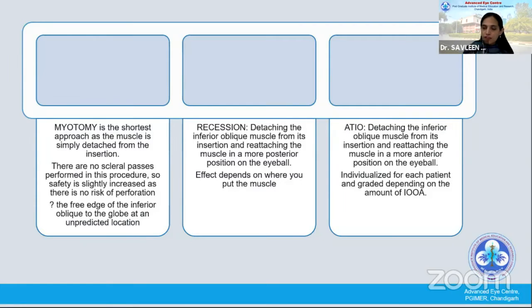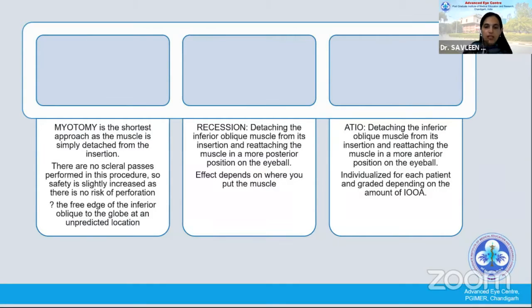But you don't know where the free edge of the inferior oblique is. It might, in the future, go to an unpredicted location. And often people who advocate the myotomy and myectomy say that inferior oblique surgery is self-titrating. So if you have an inferior oblique overaction, the muscle gets attached to a place where no longer the elevation